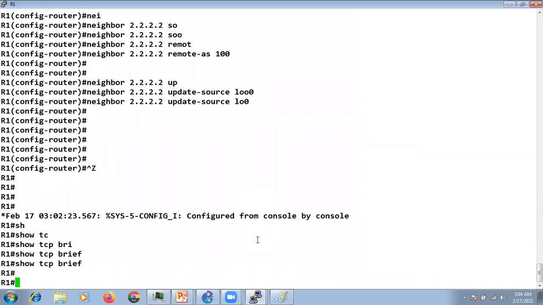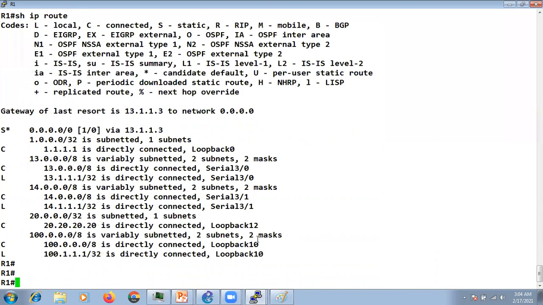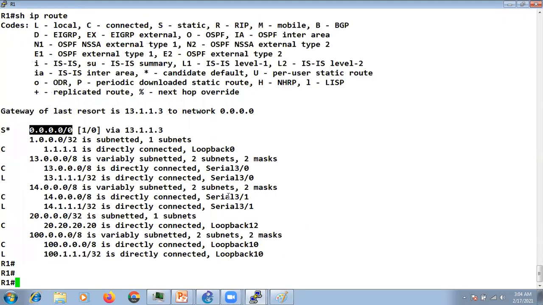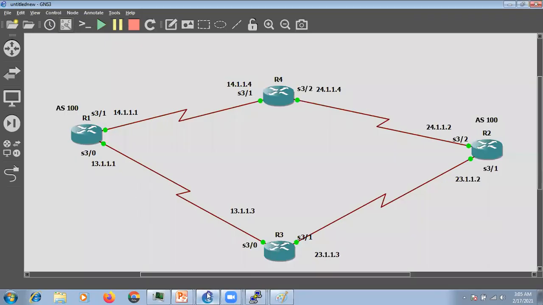Why? Because as we discussed in our previous video, the reachability between the peers must not be via the default route. Now you don't have any particular route for the loopback of R2, right? You are just reaching R2 via a default route. That's why they are not even initiating the TCP connection to form the neighborship. Okay, so we will use this to demonstrate some other feature of BGP.